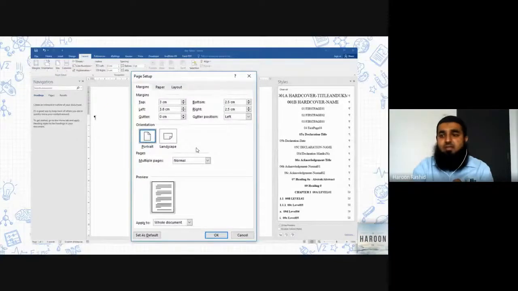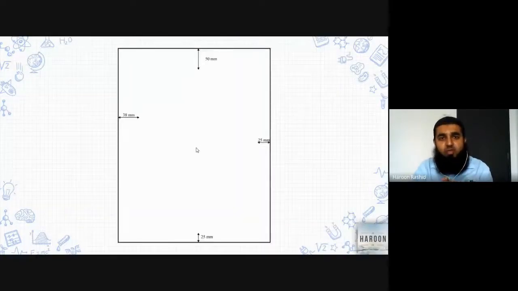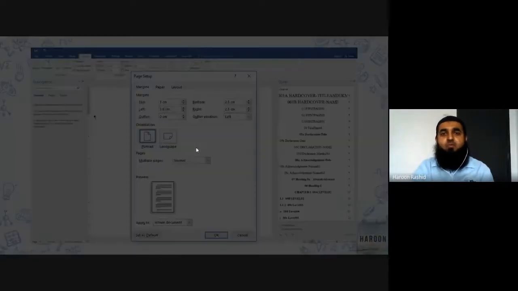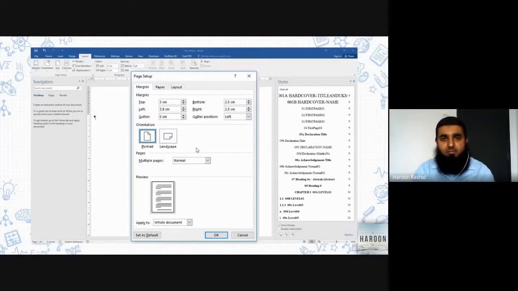How about the settings that we are going to do? You can take a screenshot as well, or you will receive the slide, so you don't have to take a screenshot. You just have to remember these settings. Very simple one. We are not going to work with UKM settings, this one 50, 25, 25 and 38. We will do settings in a different way, and automatically our template will adjust what is required for the first page, what is required for the hardcover page, what is required for the title page. But you just have to do this one. Forget about all other measurements.